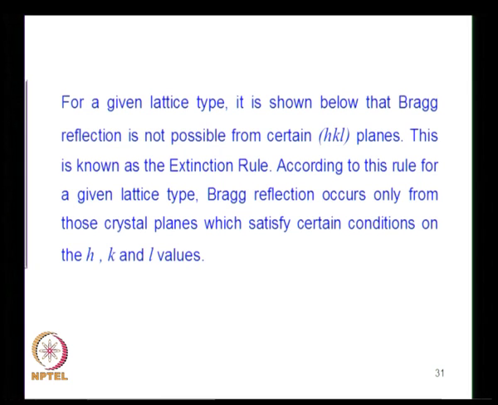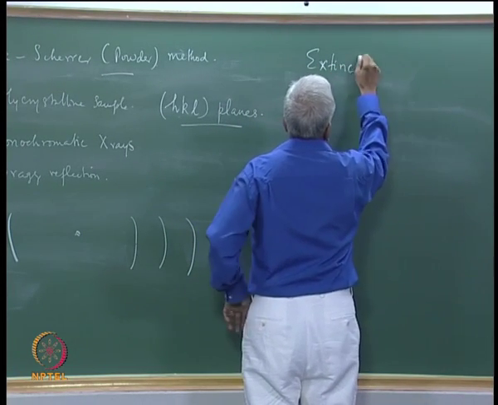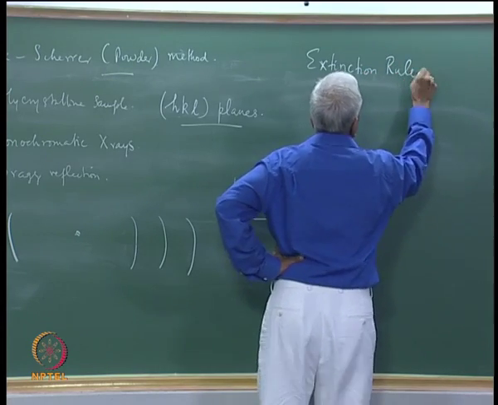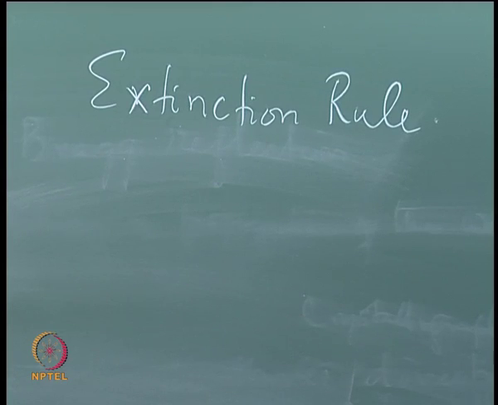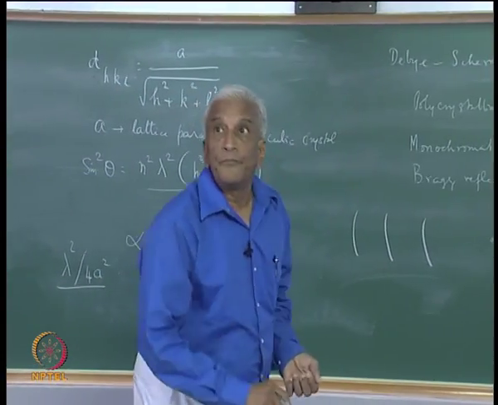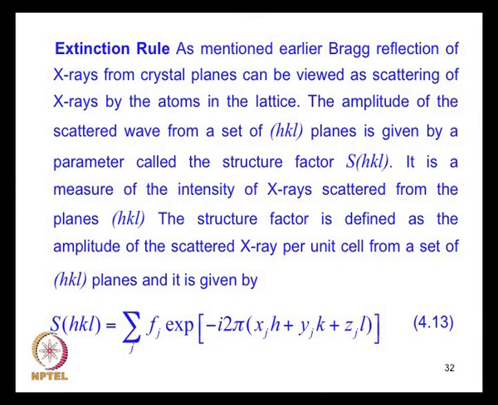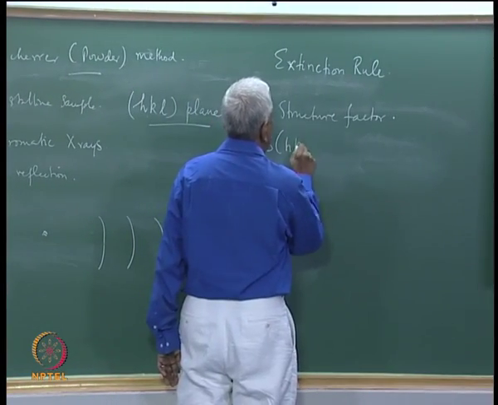Now, we will also see that for a given lattice type, Bragg reflection is possible only from certain hkl planes. This is known as the extinction rule. This simplifies the analysis of the X-ray diffraction pattern. Not all values of hkl give rise to a Bragg reflection. So, depending on the given lattice type, Bragg reflection occurs only from those crystal planes which satisfy certain conditions on the h, k and l values. To understand this, we have to write down what is known as the structure factor, which is determined for given hkl planes as